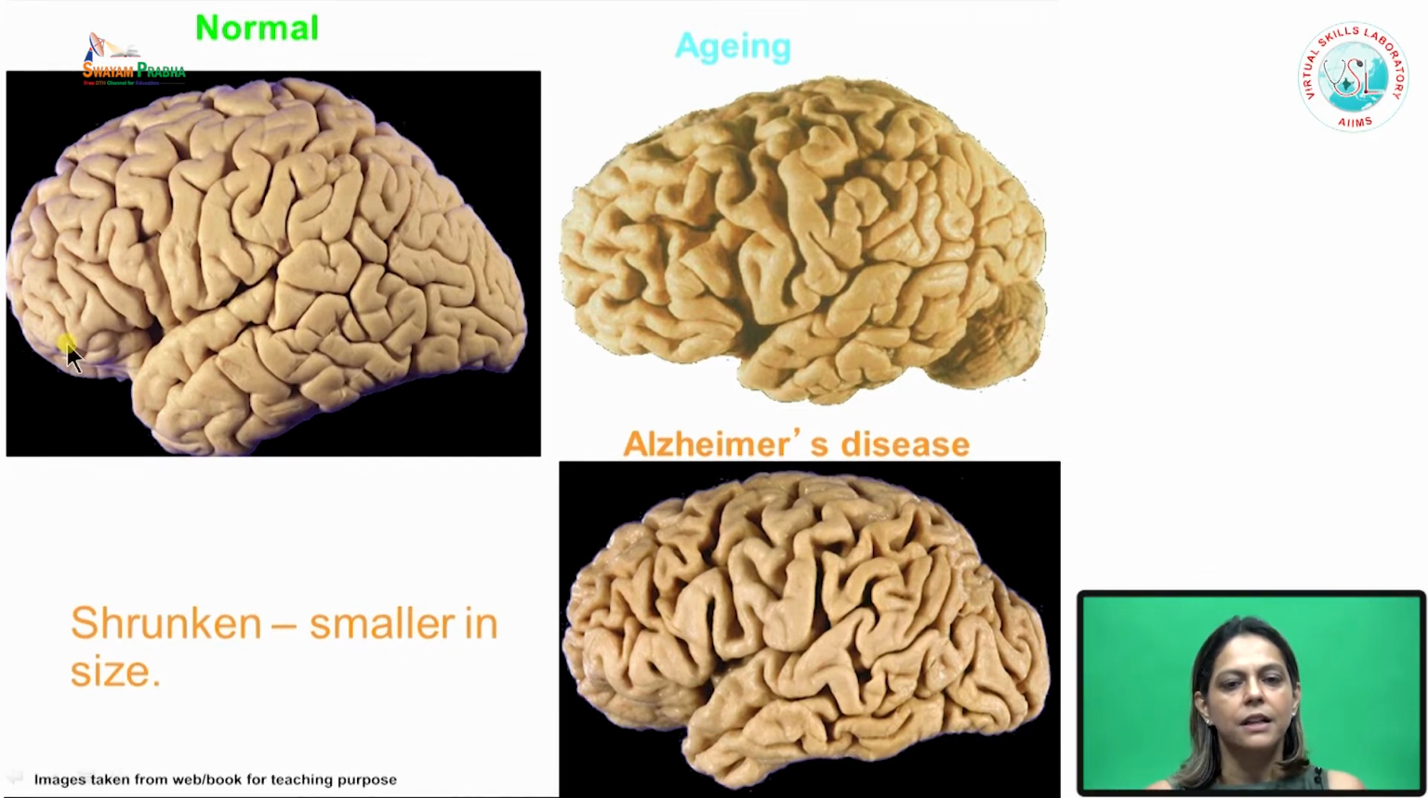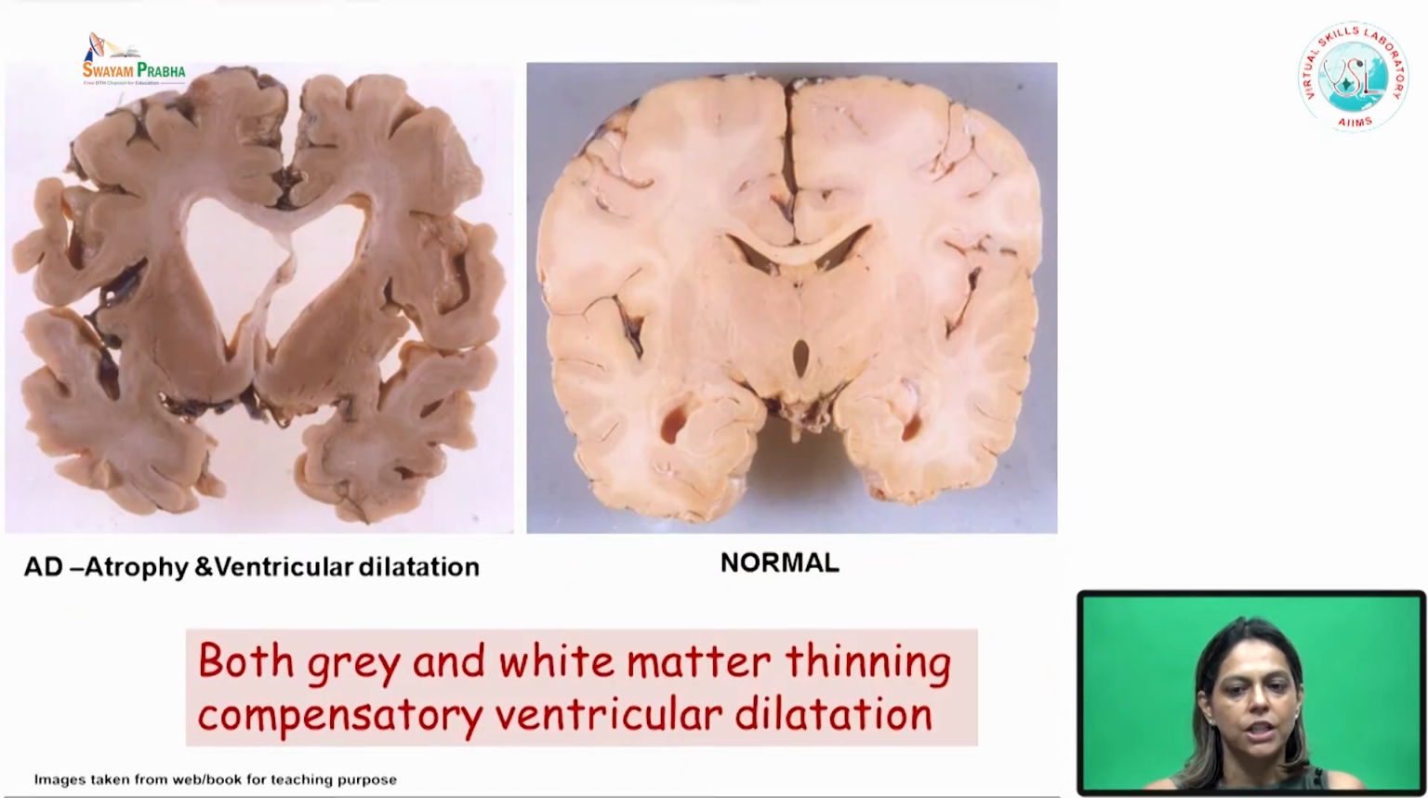So this is just a picture showing you three brains. The first brain is a normal brain, this is an aging brain, and this is another shrunken brain which is seen in Alzheimer's disease. What happens when you have aging or Alzheimer's disease is that the ventricle gets dilated and there is atrophy of the white matter as well as the grey matter, and as a compensation to that the ventricle is dilated. So look at this picture on the right, the ventricles are not dilated, but on the left the ventricles are dilated